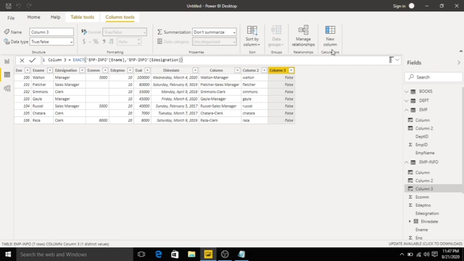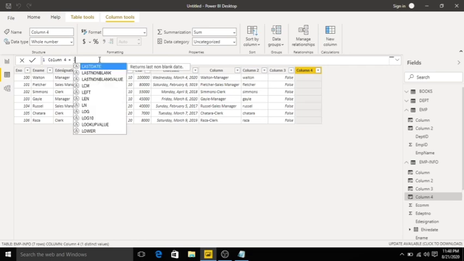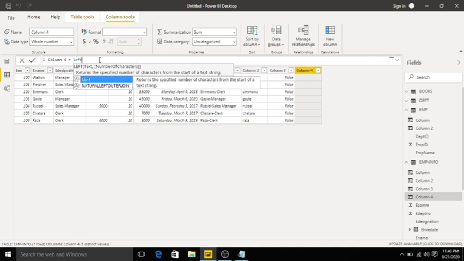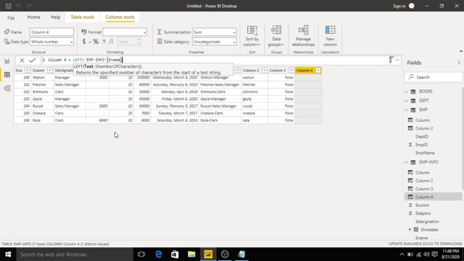We have another function called LEFT. LEFT takes the specified number of characters. I will take the LEFT function, with employee info of ename, comma 3.